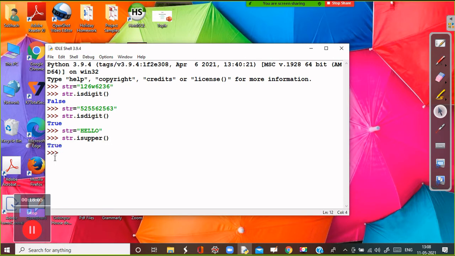true, but suppose it consists of HELLO, and if this statement is there, isupper, so it will give false because all the characters must be capital letters. It is not that only the first character, all the characters must be in capital letter.